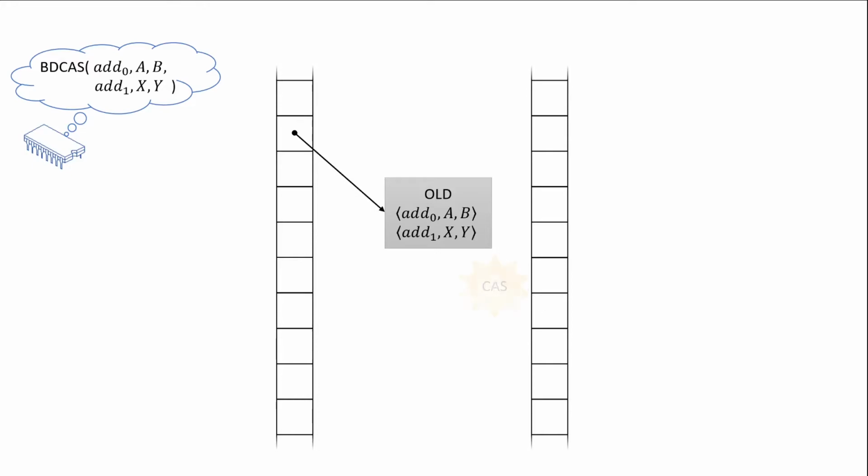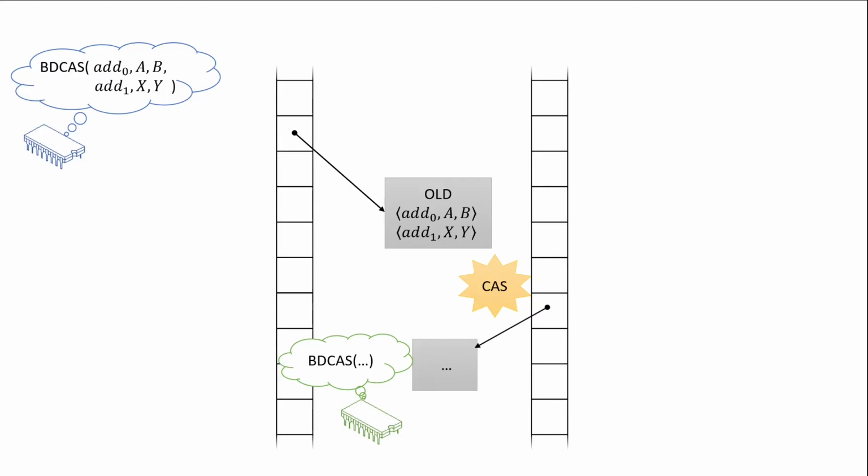Now suppose our CAS operation on the right address fails. This can only happen if some other process's CAS operation succeeds. So that process must have successfully attached its own descriptor. That other process's BDCAS operation is then guaranteed to be successful and will eventually change the interpreted value on the right side. When we start over with our BDCAS operation, we will eventually see that there is no match to our old value on the right side, and our BDCAS can return false within a constant number of steps.